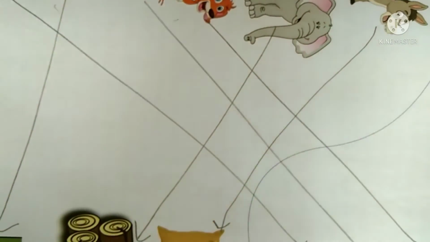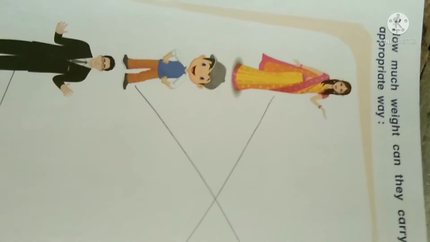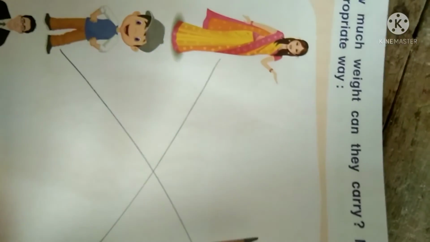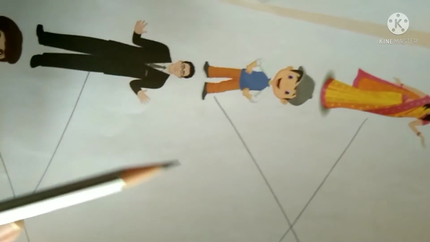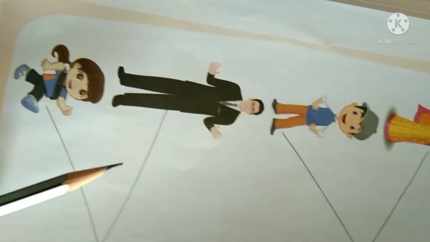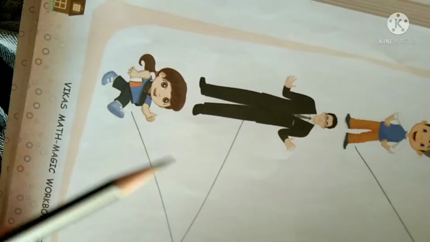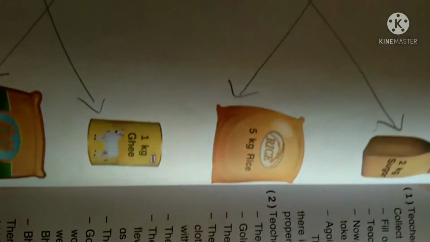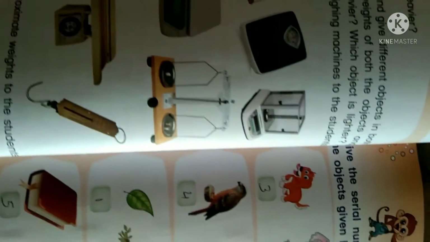And next we see the same thing, question 6. That was by birds and animals. In question 6, how much weight can you carry? Match the suitable and appropriate weight. Mother and a child, then daughter and father. How much weight human beings can carry according to their age. Now the same thing, we continue this exercise that is given.